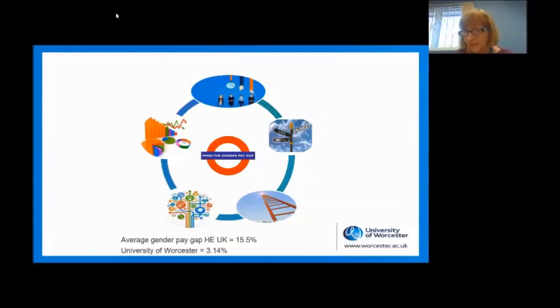We're starting with thinking about recruitment. That's the top picture there. So recruitment and selection, making sure that people are properly trained to do recruitment and selection, making sure that we're using best selection methods, that we're using structured skills-based assessment tests, and that when we do interviews, they're properly structured and organised. We're also monitoring starting salaries. It's well known that women don't negotiate their starting salaries unless they're invited to do so, either through the job description or the person specification. So that's something else we're certainly looking at.